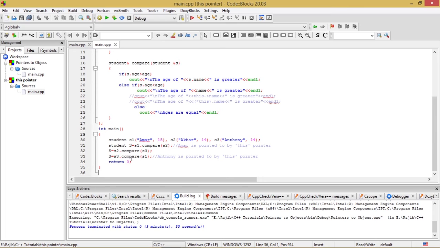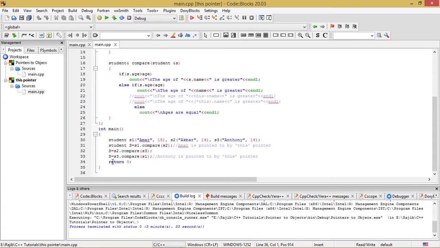S3 dot compare s1 goes to s, and whatever is returned from this function goes to this s, and this s3 is Anthony and s1 is Amar. So this one is greater, so s dot age is greater, so this if portion fires the answer, so that Amar goes to,